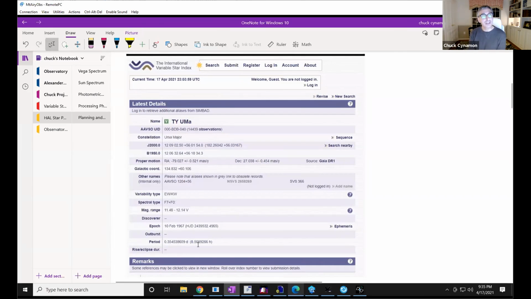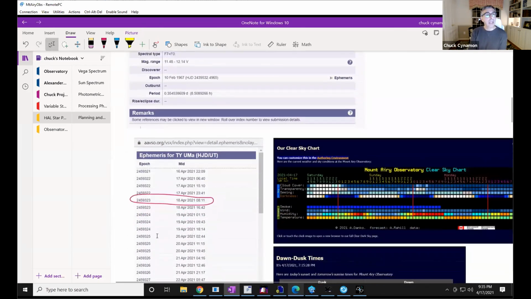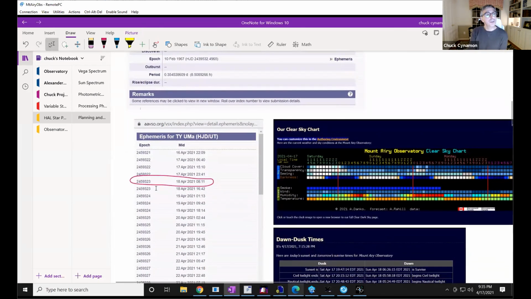It also tells you the period. In this case, as I said, 8.5 hours, so these stars are whipping around each other. I looked at the ephemeris, and this is for tonight, actually. There's going to be an eclipse at 8:11 UTC. So we're 4 hours off, which means at 4:11 this morning there's an eclipse. This is how I would look at whether this is something I can do. I'm going to consult what the skies are going to look like. At 4 a.m., the skies don't look too bad, at least from a planning perspective. So maybe this one is worth planning for.